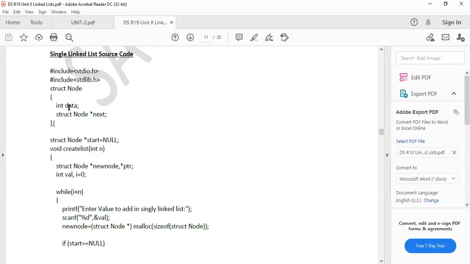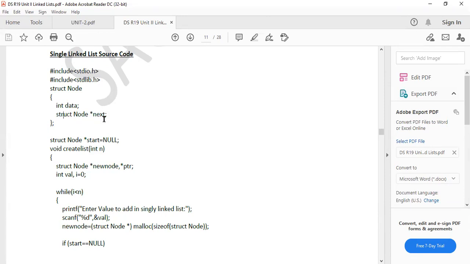Single linked list. So after that data field, what is the next field? That is also structure type. That is pointing to the next node. You remember this point. Next node we are pointing. But that node is also a struct type. That is why we are mentioning struct node star next.